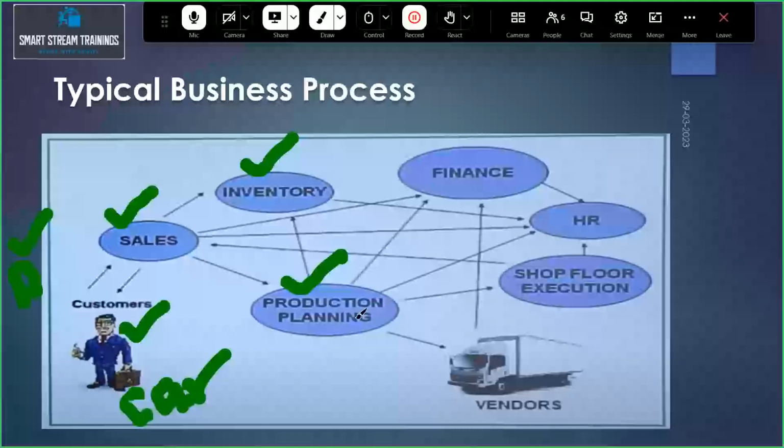So in this production planning section, what is the activity? They need to purchase the materials from the different vendors. To make these products, different materials are required: finished goods, semi-finished goods, raw materials. These materials are collected from different vendors.